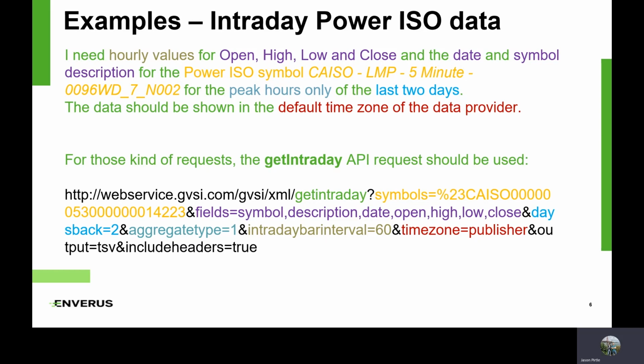So with that said, let me walk through this use case. I need hourly values for open, high, low, and close, and the date and symbol description for power ISO symbol California ISO LMP, for only peak hours of the last 2 days. The data should be shown in the default time zone of the data provider. So the get intraday request, as I mentioned, is the right request for this use case. So if you walk through the URL we have here,